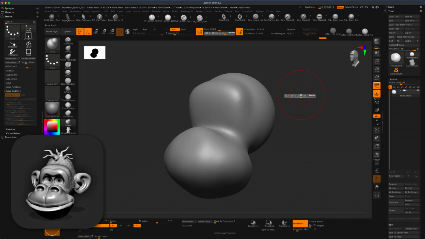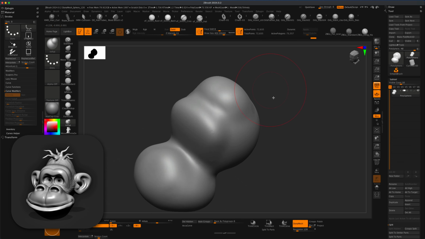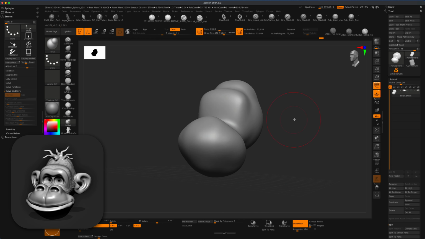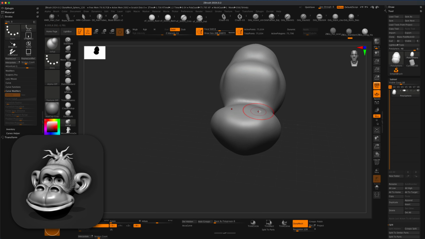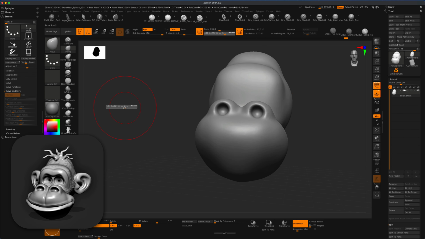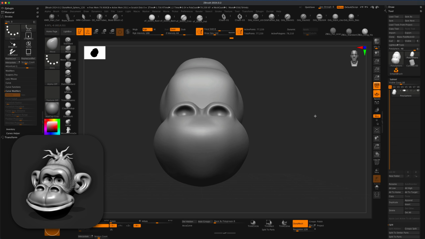And you can see I created a little space for the eyes, right? And I'm going to inflate the forehead just a little more. And now we have something really interesting, just two blobs kind of stuck together. Now to further shape the front of the character, I'm going to create two large cartoon nostrils. And as I'm doing that, I'm going to keep redynamashing the nostrils and then shaping them a little more,